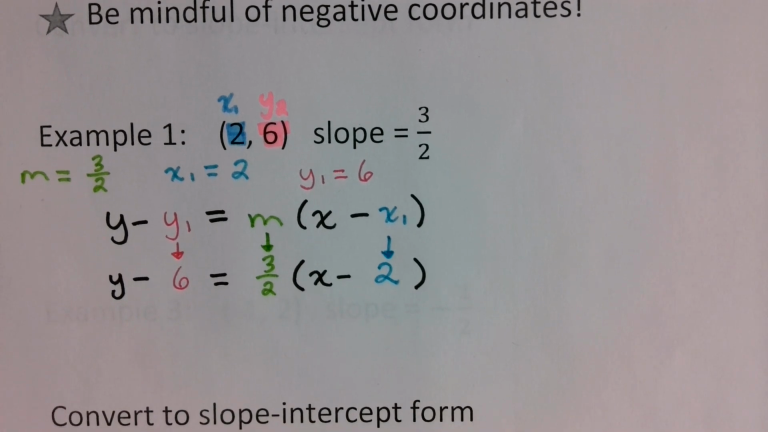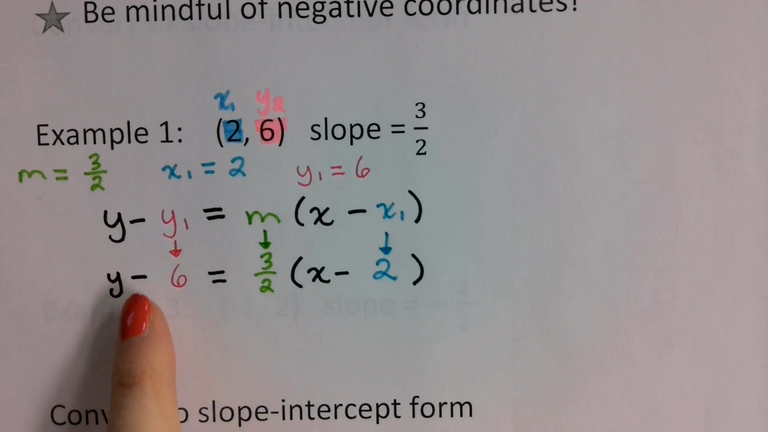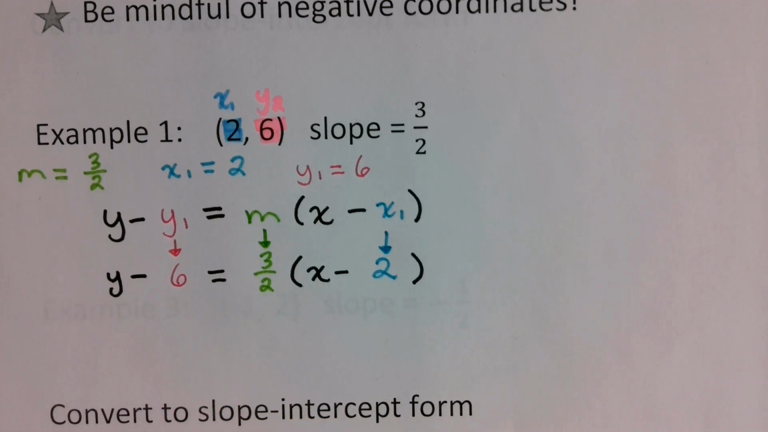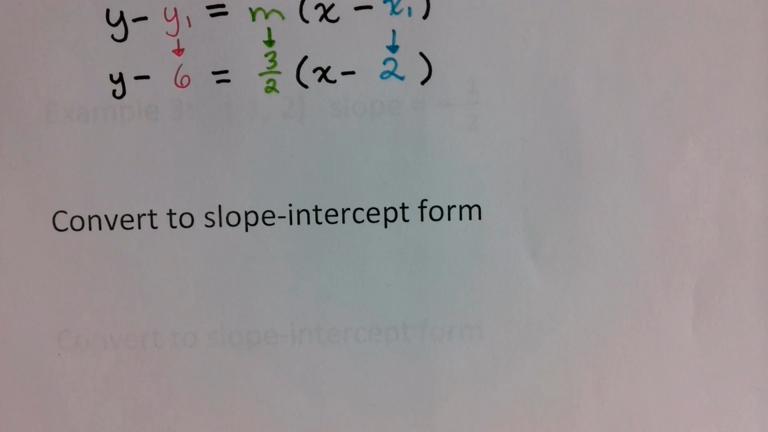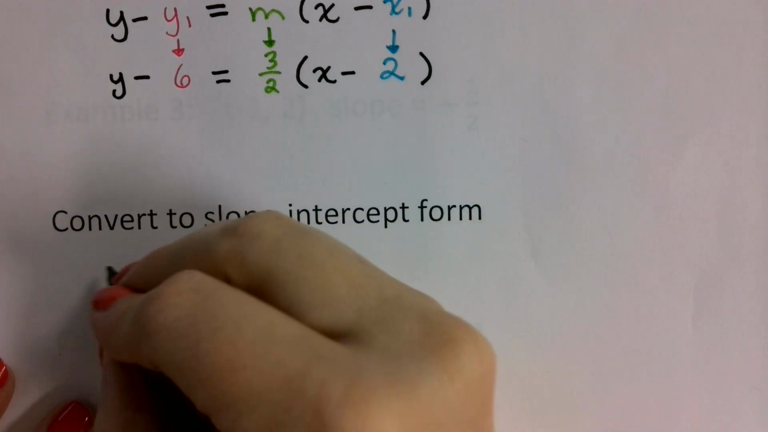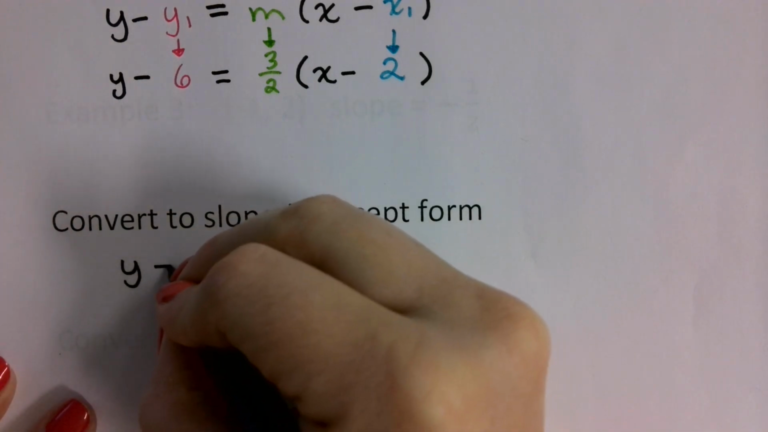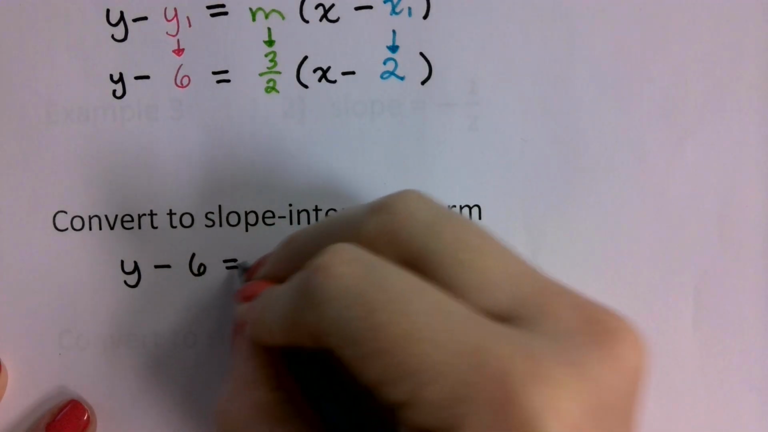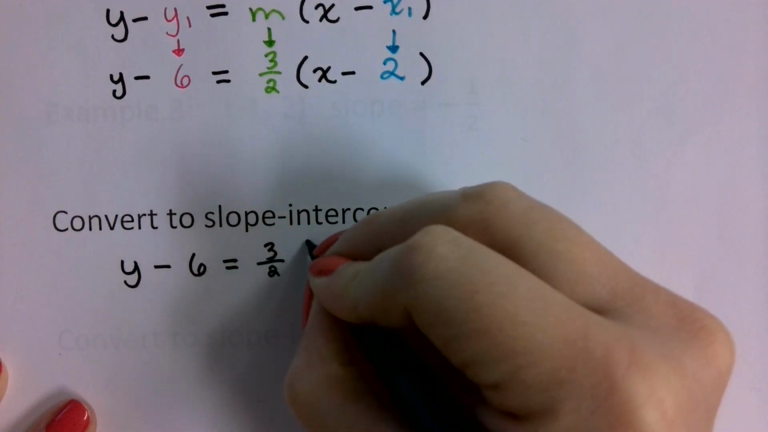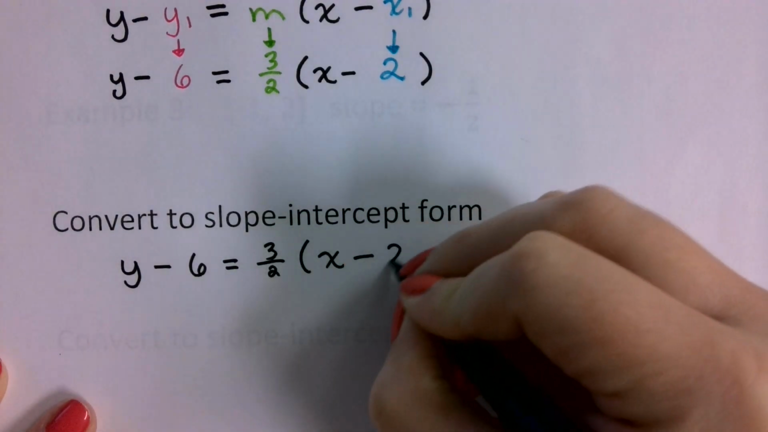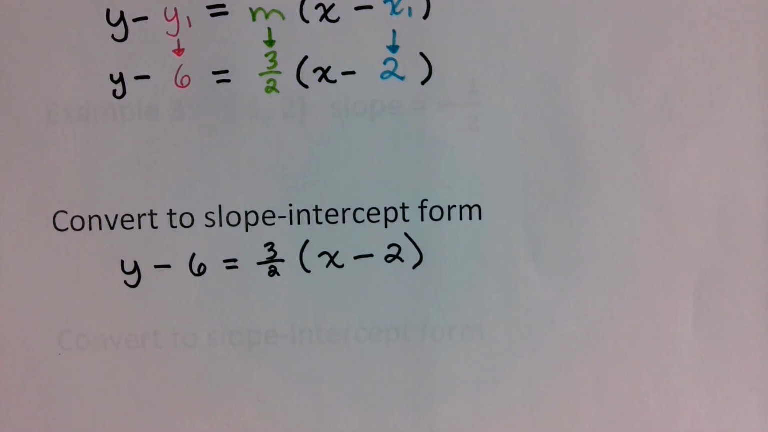If they wanted you to then take it and write it into slope intercept form, that's when you would have to start solving and converting so that you could get y by itself, which is what we're going to do here. Okay, so we're going to take the equation that we just wrote for point slope form. Y minus 6 is equal to 3 over 2 times the quantity of x minus 2. And the first thing that I always